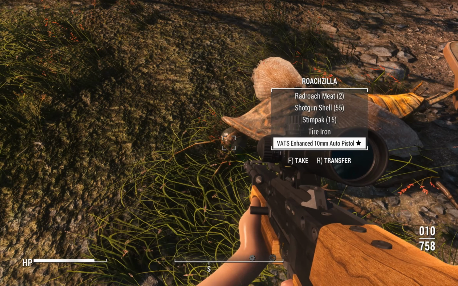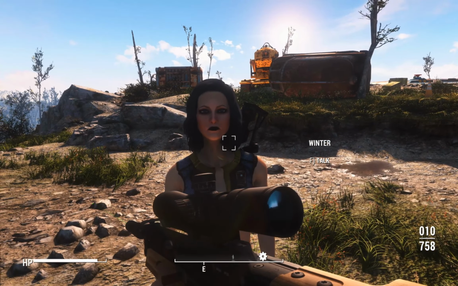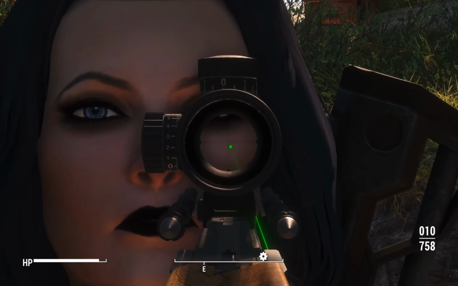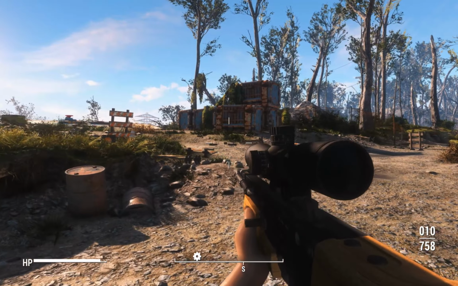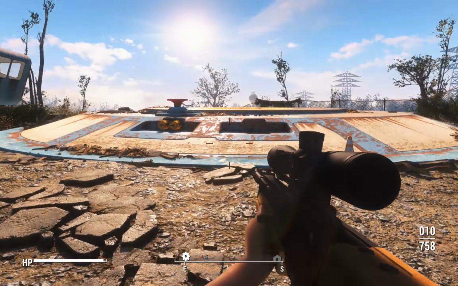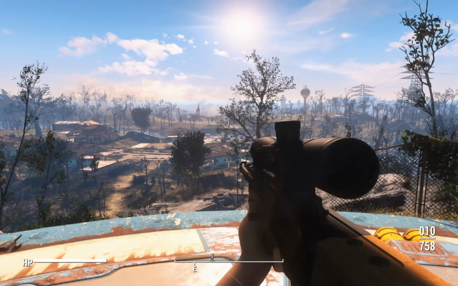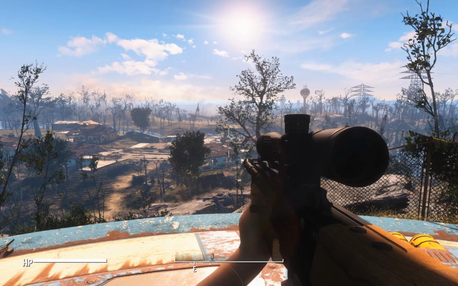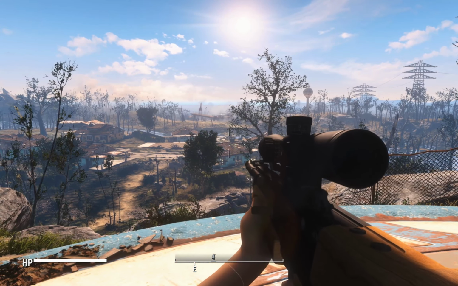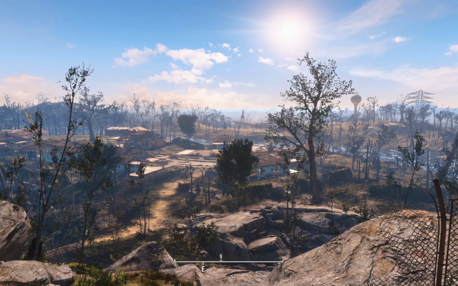Now, Preston Garvey will be able to sleep at night. And we got a VATS enhanced 10mm pistol for our troubles. Why are you looking so glum? Was that your pet? Who knows? Alright, so that there was the WA2000, that's what I meant, that's what I said. And as we end this video with a nice view of the surrounding areas of Sanctuary Hills,